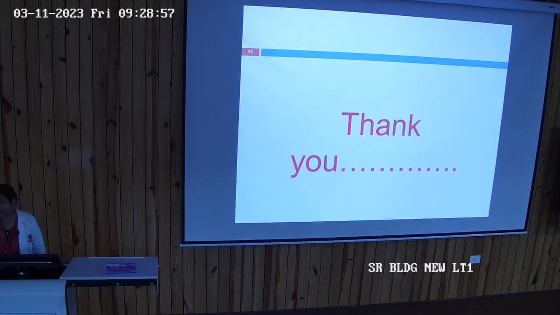Now, what are the other movements which take place because of supination, pronation? One is that you can eat food, and what other work can you do? Yes. When you have to tighten the screw, supination is used. When you have to loosen the screw, pronation is used. Yes. So this is all about today's class.